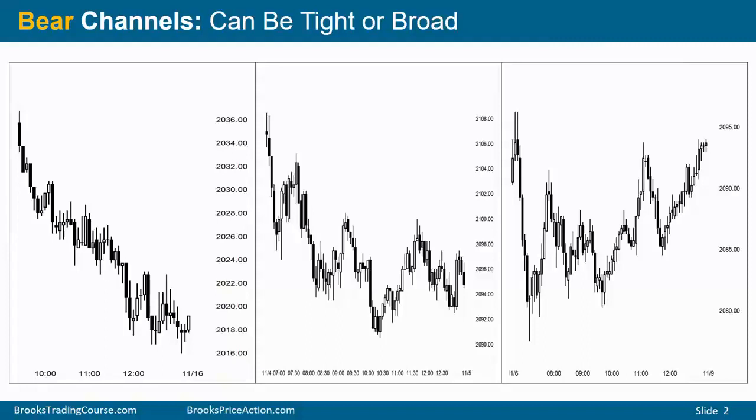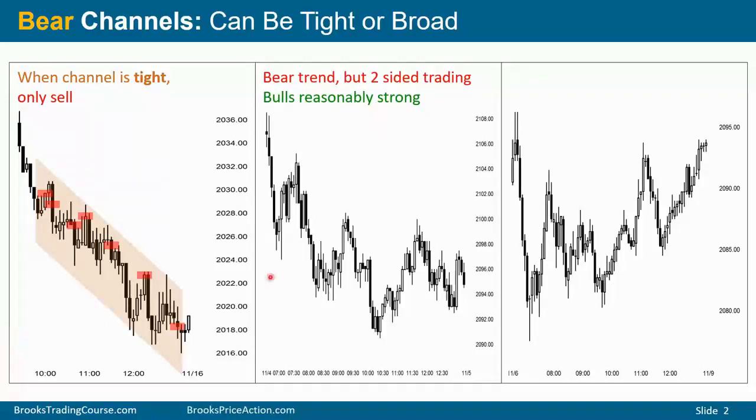Here are some bear channels. When the market is in a very tight bear channel, pullbacks are small and do not last many bars, very difficult to make money buying, and therefore you should only look to sell. You can sell with limit orders, sell bull closes forming lower highs. You can sell below bars with stops. You can sell for any reason, but you have to be looking to sell.